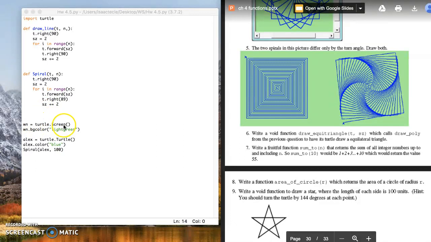Then we have the turtle screen, the background color, the name of my turtle, the color of the turtle, and then the name, spiral. So when you run this, you get